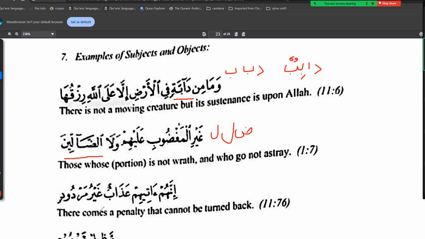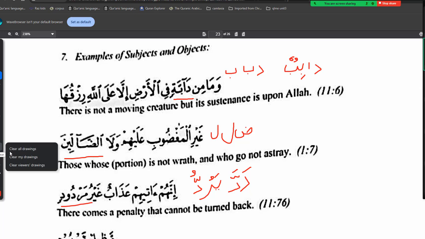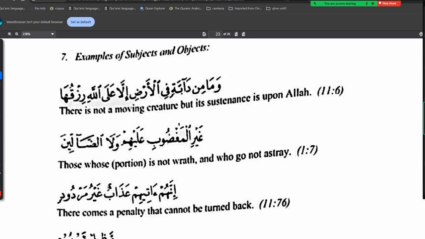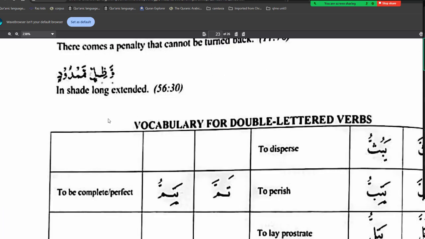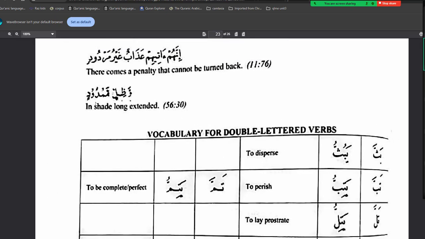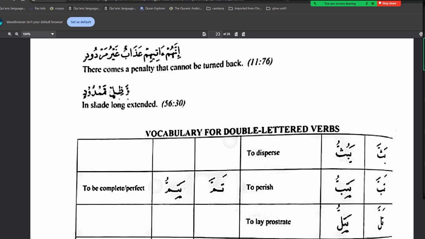إنهم آتيهم عذاب غير مردود. There comes a penalty that cannot be turned back. Which is the word? Madi and mudari for it. This is radda yaruddu becomes mardudin. And why is mardudin having a kasra? Mashallah. Mudaf mudaf ilayh. Remember the word mamdudin. We have already taken this example mamdudin. But again, you're welcome to say what is the madi and mudari for mamdudin.